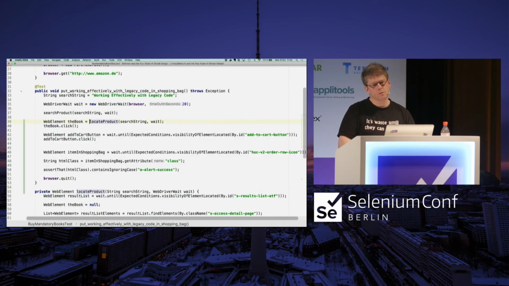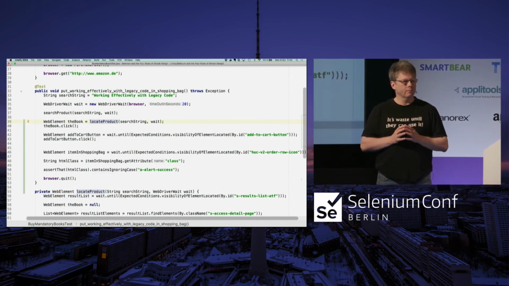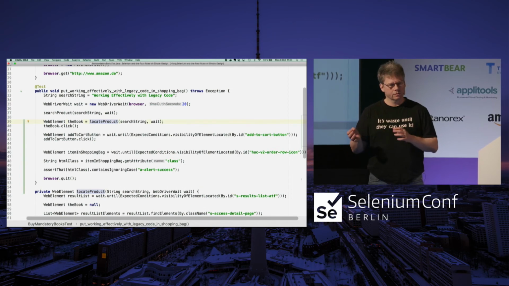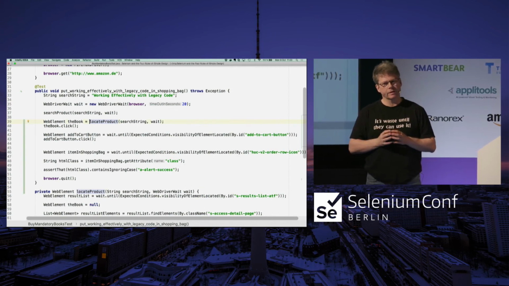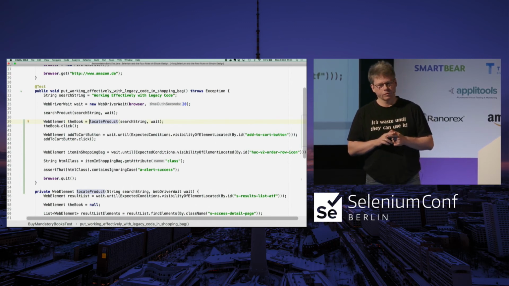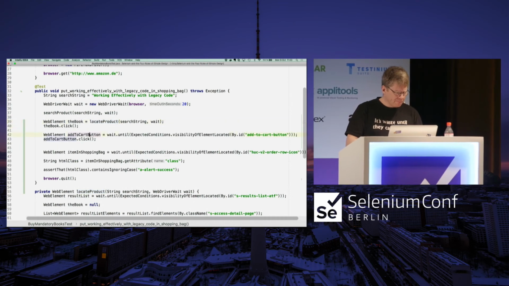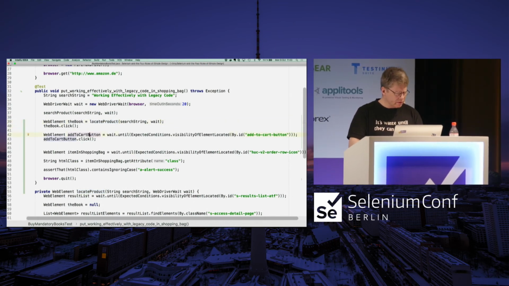And the only reason why I know that the wait will disappear is because I've done this before. If I hadn't, I might go for removing it. But removing it too early might not be a good idea, because I might find more interesting things later on. So working in really small steps is something I always recommend. Okay, so I extracted locating product.